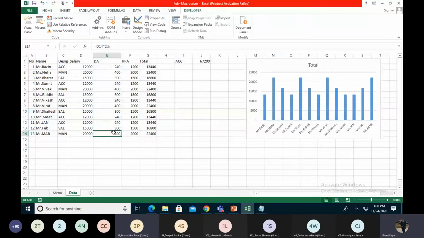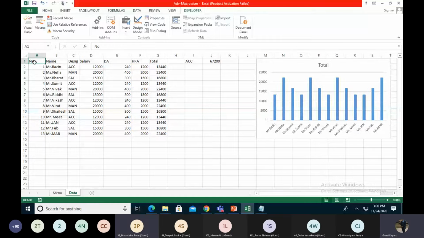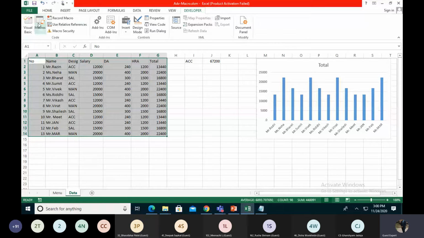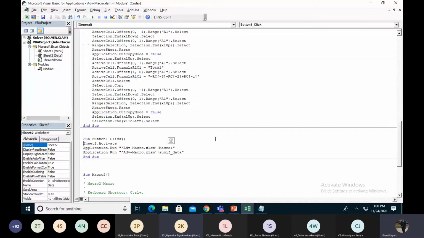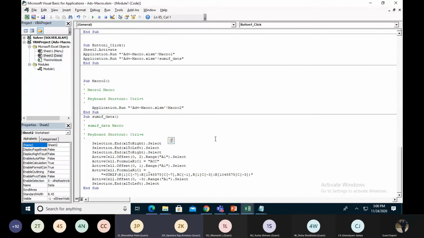I'm not understanding, sir. I just go to the data and drag all the data into the Excel sheet. Can you go to the code of your macro? Okay. Now I'm talking about the complete rows you have selected. Yes, up to 1048.